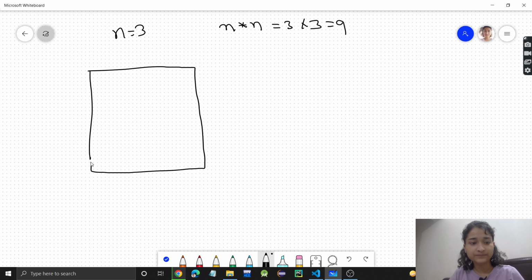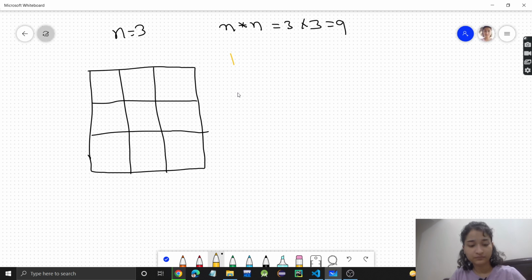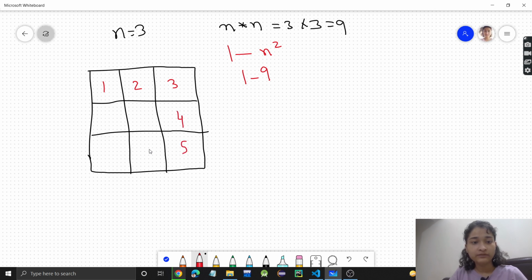If I make this 3 cross 3 matrix, I have to fill elements from 1 to n square, that is 1 to 9. So first 1, 2, 3 will come here, then we go here 4, 5, then we go here 6, 7, 8, and then here 9.